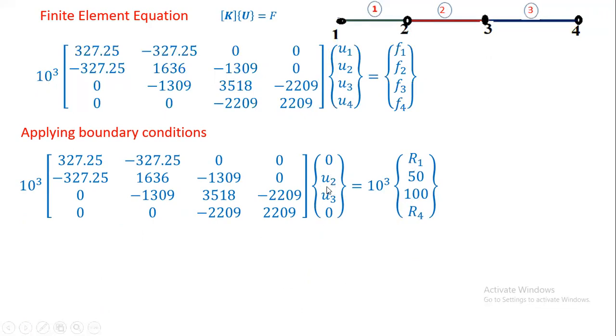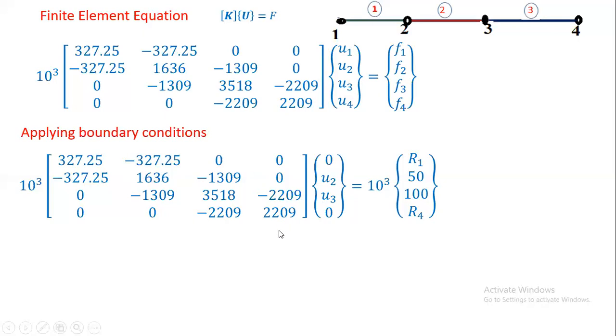While solving U2 and U3, you use only the second and third equation. Now if you write the second equation, this term into 0, that term becomes 0. This into U2, this into U3, that is equal to 50, and this into U2, and this into U3, this term into 0. Therefore you will get only two terms, that is equal to 100. Therefore you extract only the middle part of the matrix, because these two displacements are unknown displacements. If another displacement is also unknown, then you extract the matrix corresponding to that one.